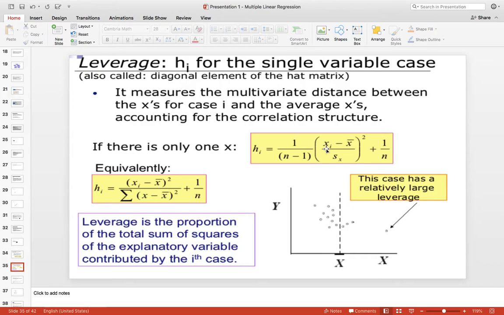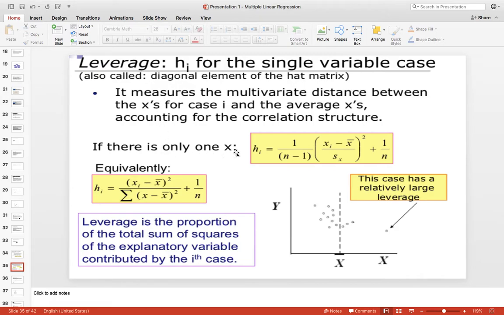Leverage h_i for the single variable case is also called the diagonal elements of the hat matrix. So this is also called h_ii. It measures the multivariate distance between the x's for case i and the average of the x's, accounting for the correlation structure. So this is how it's calculated.